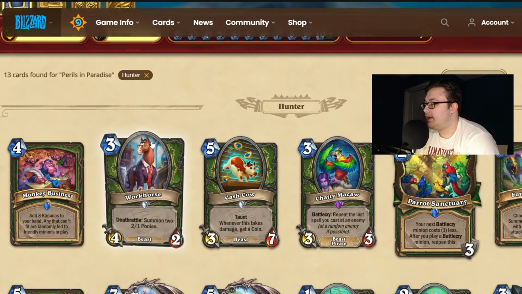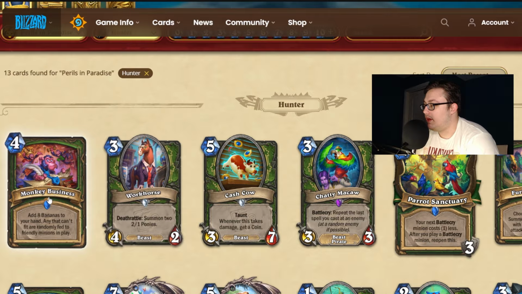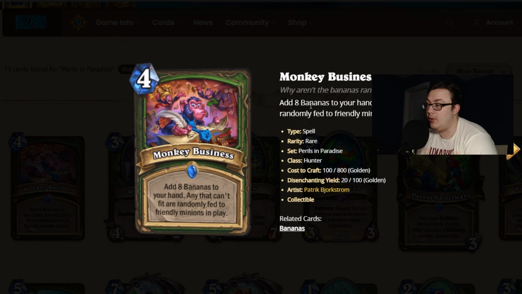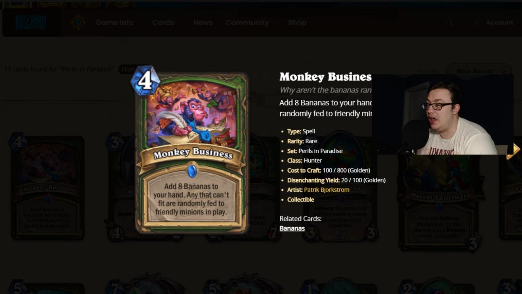Why not? Okay, the only new card for them is Monkey Business. Add 8 bananas to your hand. Any that can't fit are randomly fed to friendly minions in play. I mean, it's good if you already have a couple of minions on the board and your hand's halfway full, so that way you get 3-4 bananas in play and everything. But honestly, this